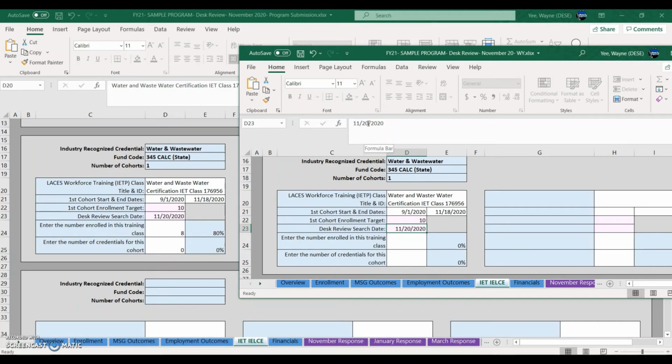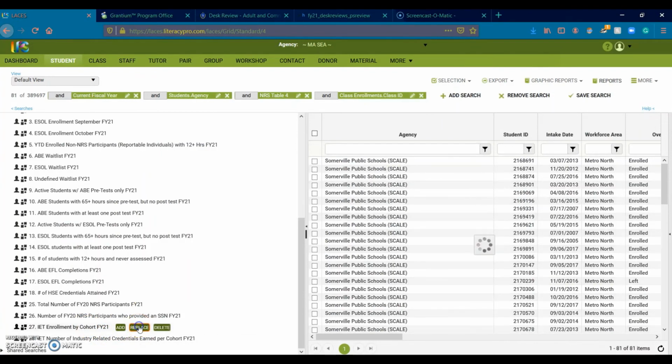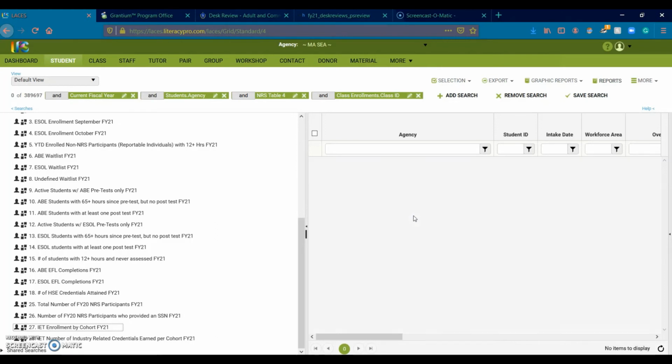When you go back to LACES to find out, you go to the search number 27. You're going to click replace. Now again, Somerville does not have an IET, so I'm not going to use Somerville as an example here. If you want to find the number of IET students enrolled, the first thing you're going to need to do is change the agency. All right. Now, Somerville's not going to have any IET students, obviously, because they don't have it. But what I want to show you is,